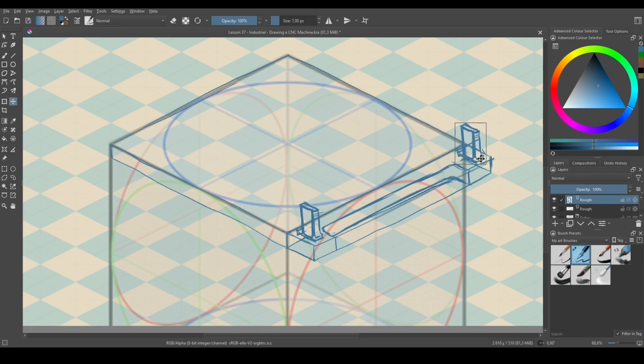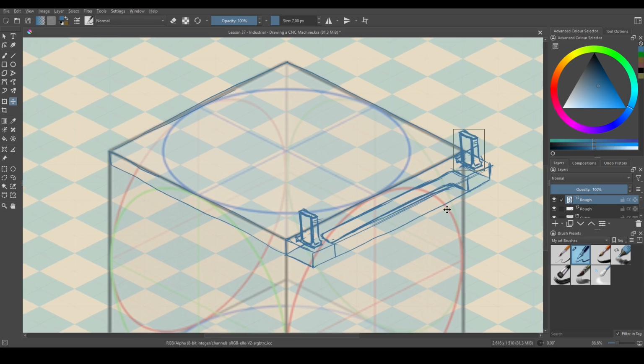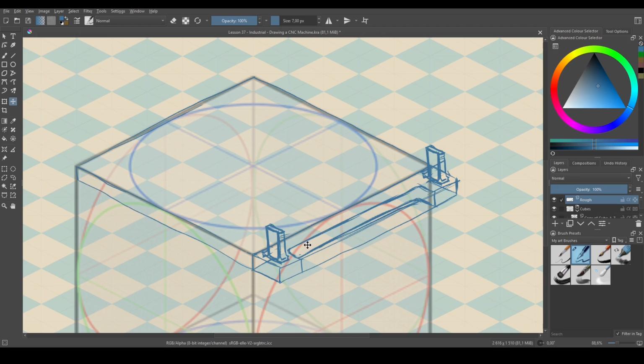So this is going to be the same, and we'll get to the other side, but we can basically draw just this and then duplicate it over to the other side. Right, and then we have the framework to make this rail strong. And then on the inside we will have